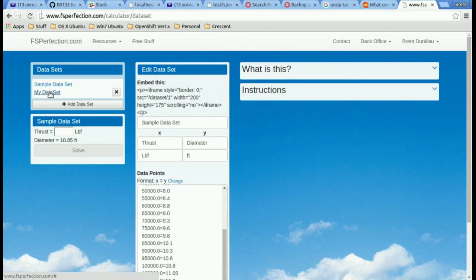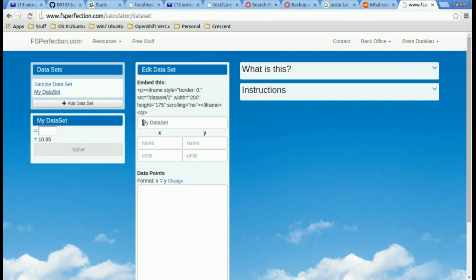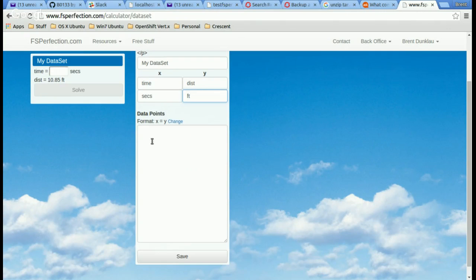Looks like we need to actually click it. Okay, so here's the name, my data set. And then this is where you define what your X and Y axis is. So let's say the X axis will be time, and the Y axis will be distance, and we'll say the units are seconds, and for distance it's going to be feet. Okay, and then here, data points, you just start entering in